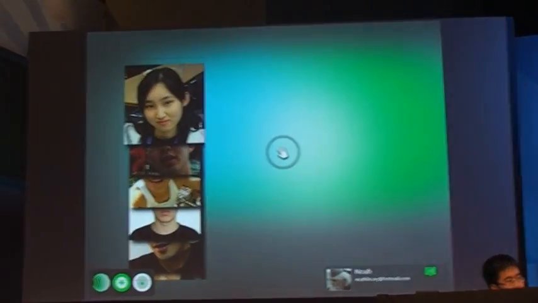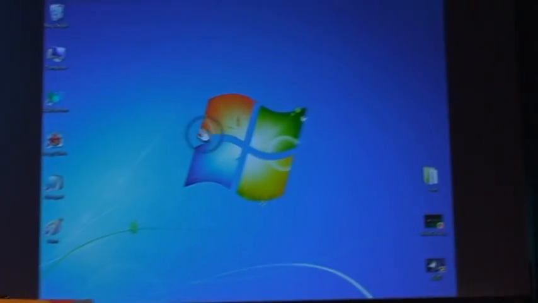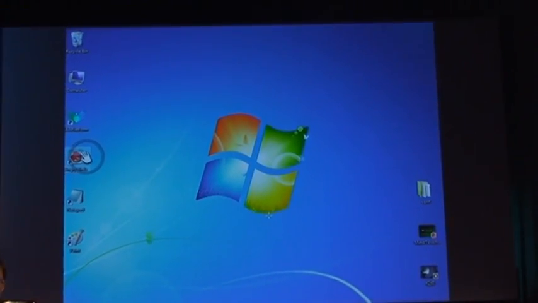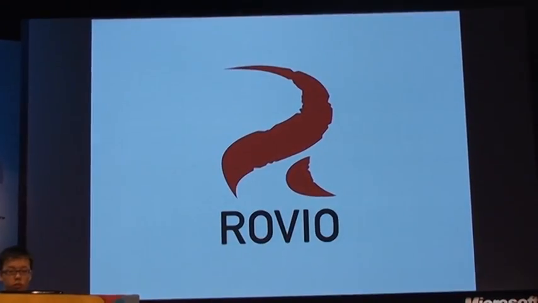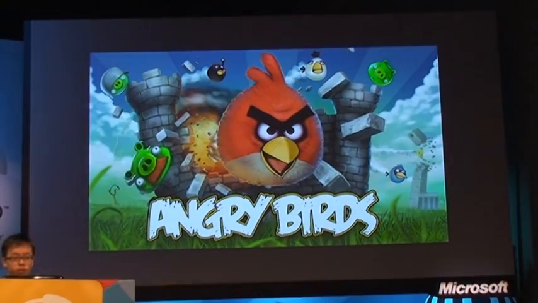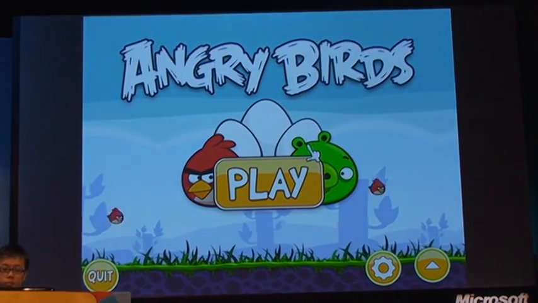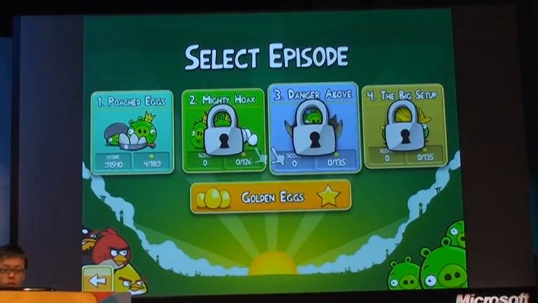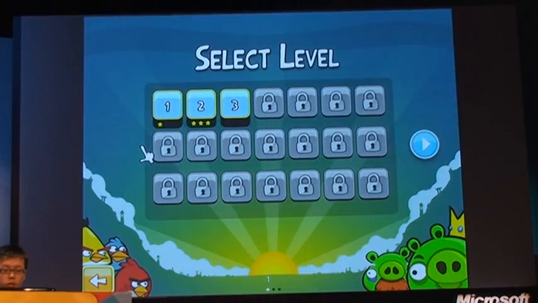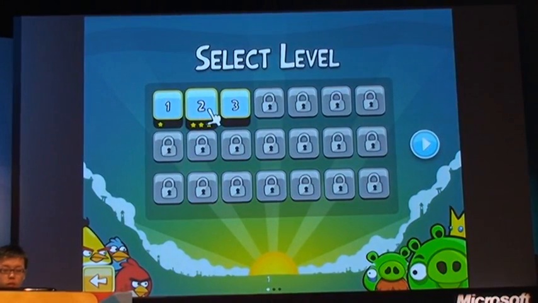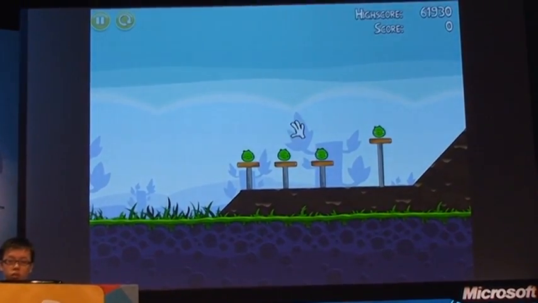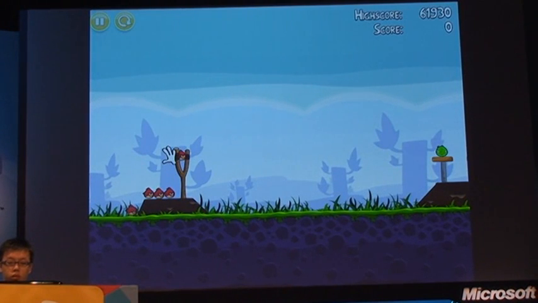Show desktop. Minimize window. Double touch. I love this game. Mind touch. Mind touch. Mind touch. Hand press. Hand release.